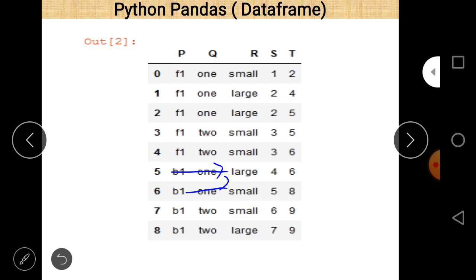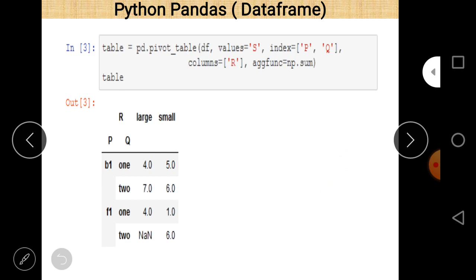One corresponds to large and one belongs to small. For S this is 4, and this is 5, for large and small. So that's why for large and small there are 4 and 5. And this is similar for 7.0 and 6.0, and in this way we can see there are values regarding 4 and 1.0. And interestingly, there is a NaN.